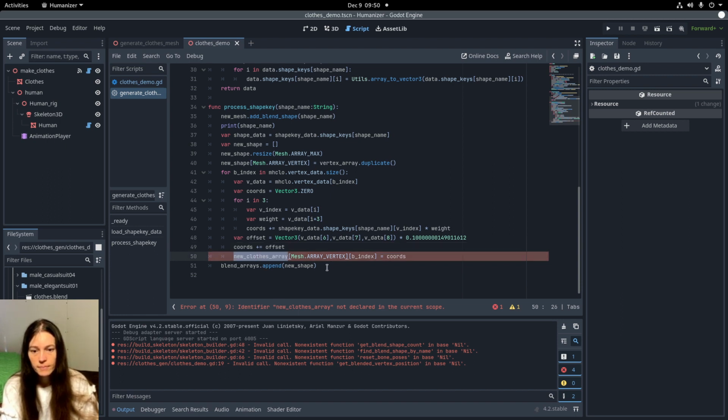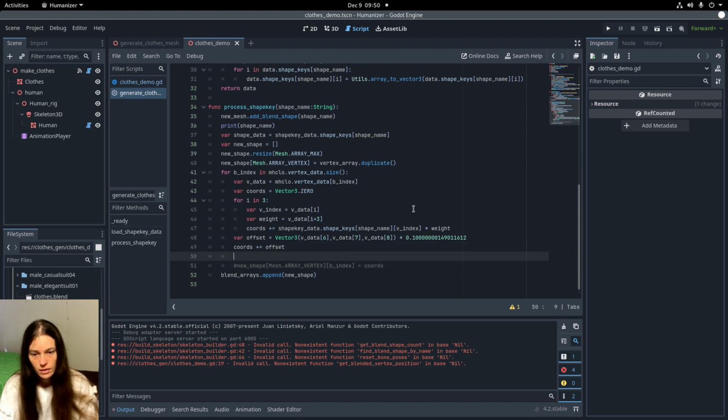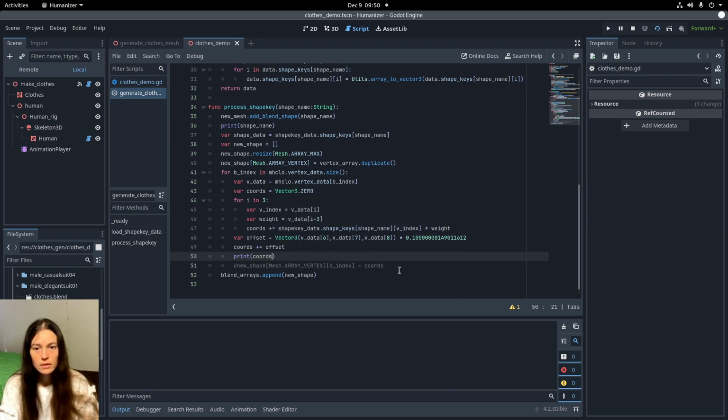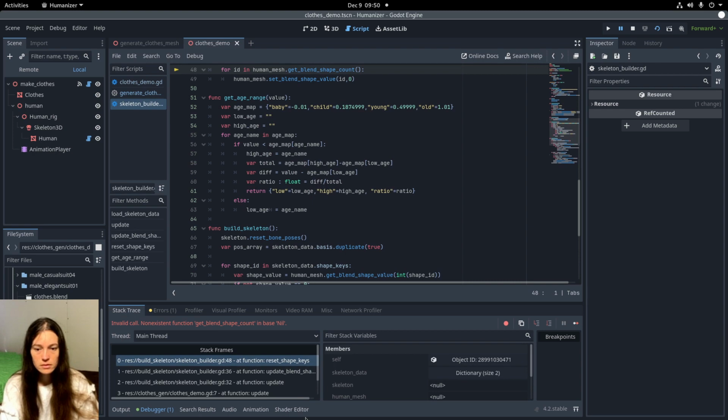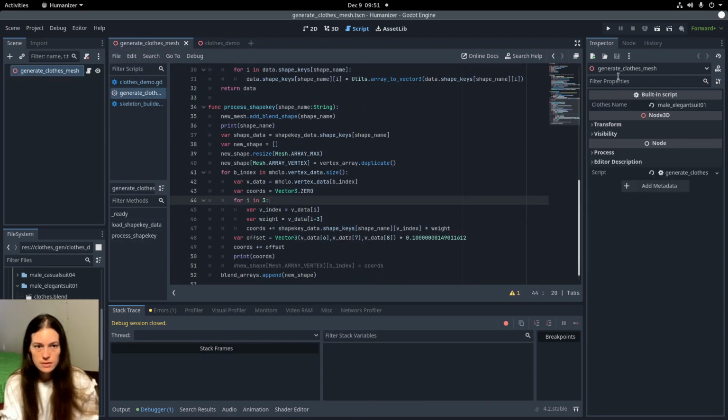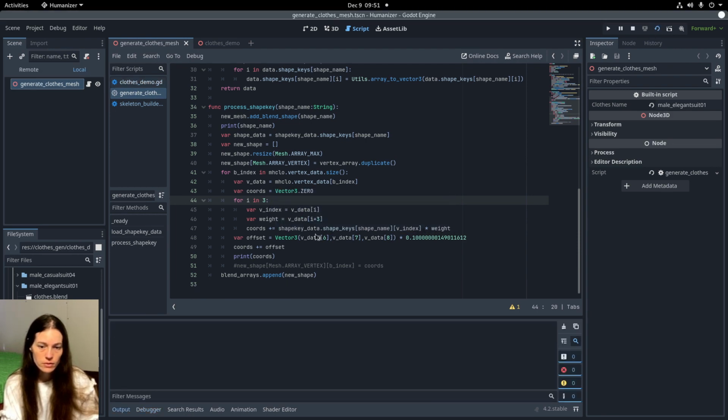And then I'll set the shape array at the vertex array at the, I will need to convert this to the Godot index. So for now, I'll just print the coordinates and let it run. And that was the wrong scene. So if I run the generate close mesh,